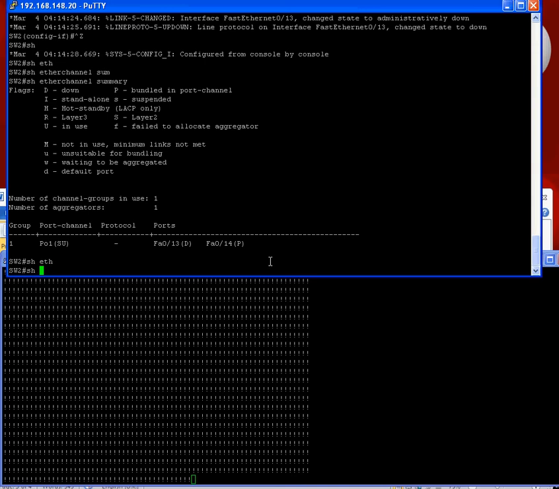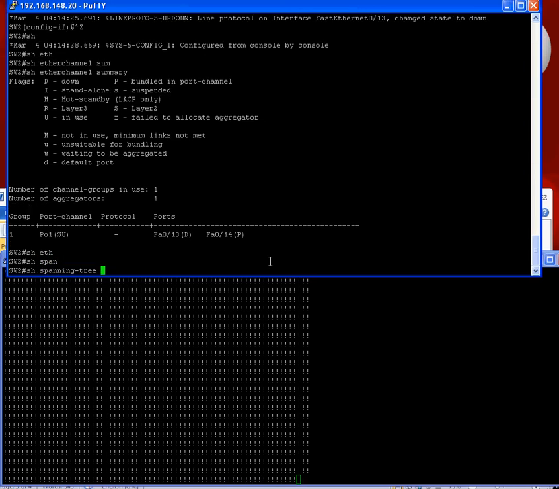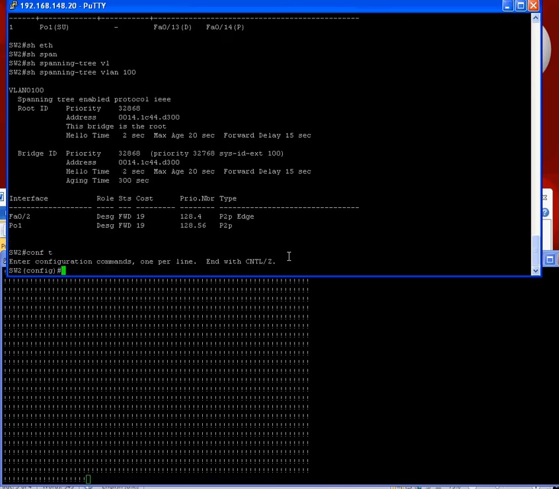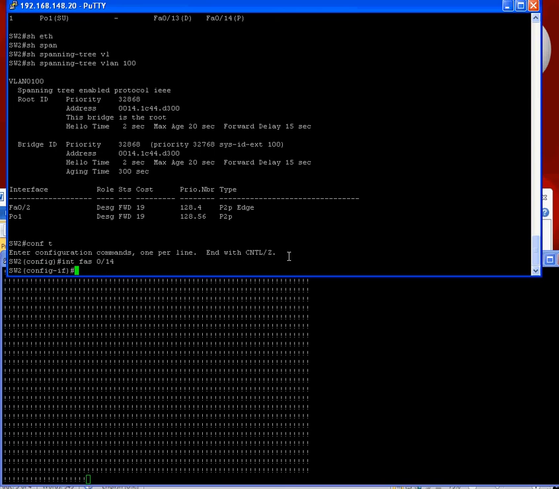And if you do show spanning-tree VLAN 100, again you can see that the port channel is still forwarding. So by shutting down FastEthernet 13 has had no problems at all. The port channel's carried on going. So if we just shut down the other interface as well,